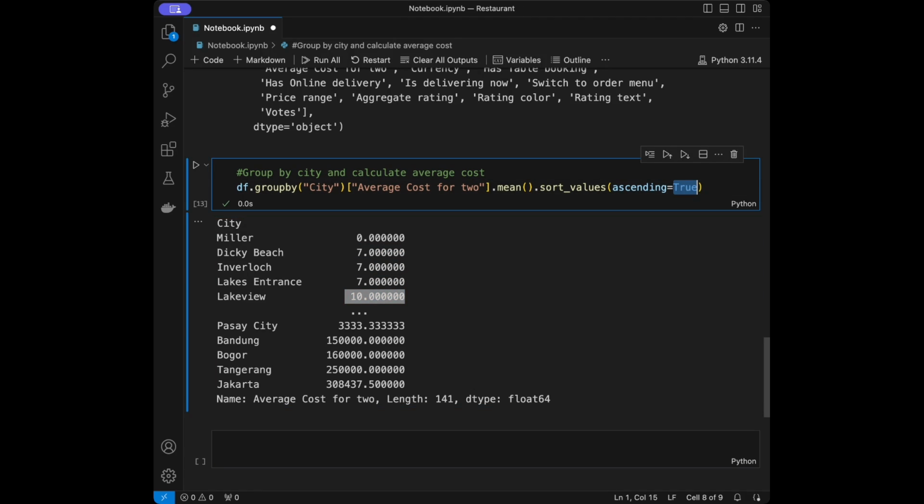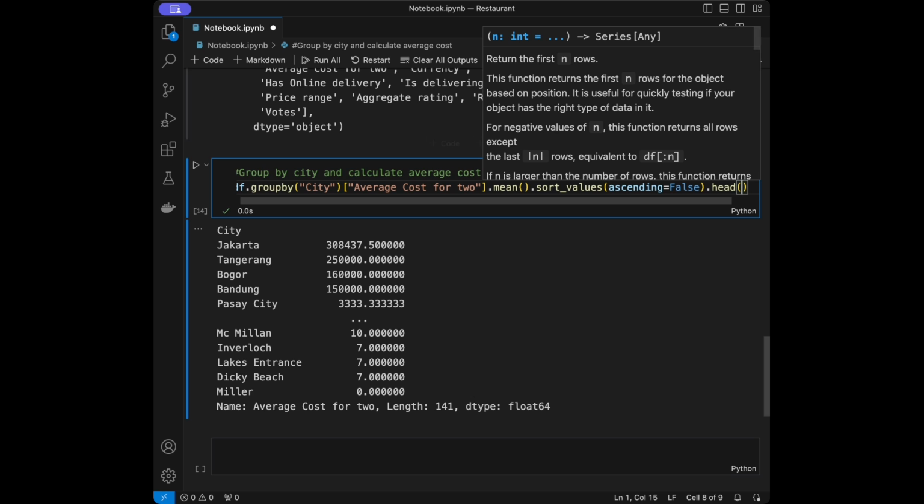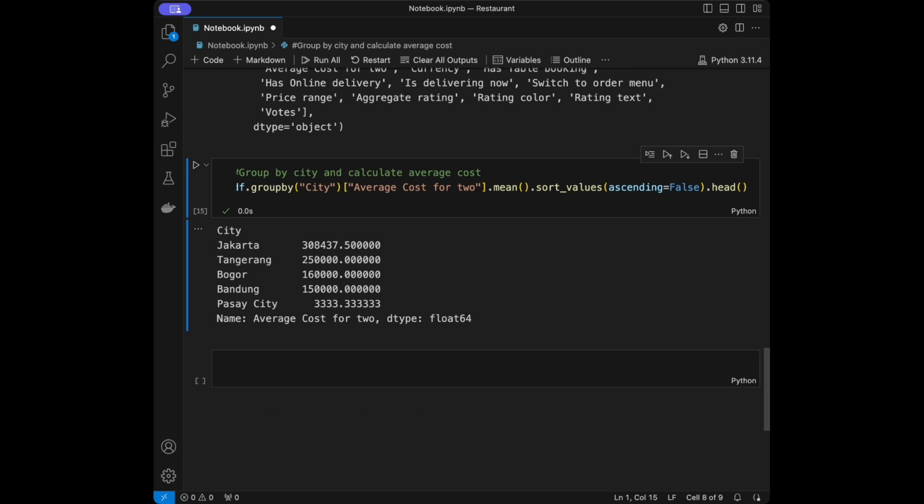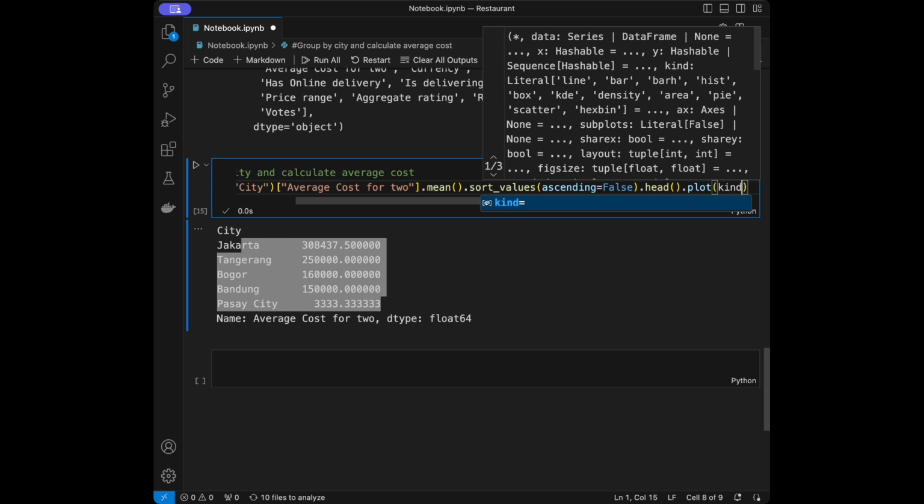So since this is a pandas series, let's say that you want to create a plot with the first 5. What you can do is you can set this to false. I'm going to go step by step. Then I'm going to say dot head for getting the top 5. And here they are. Now I will say dot plot, and I'm going to set the kind as bar